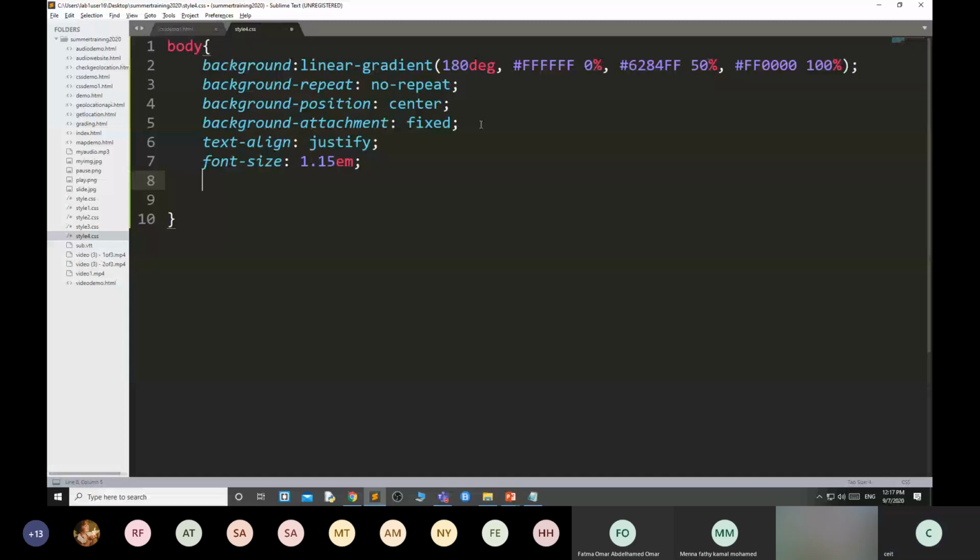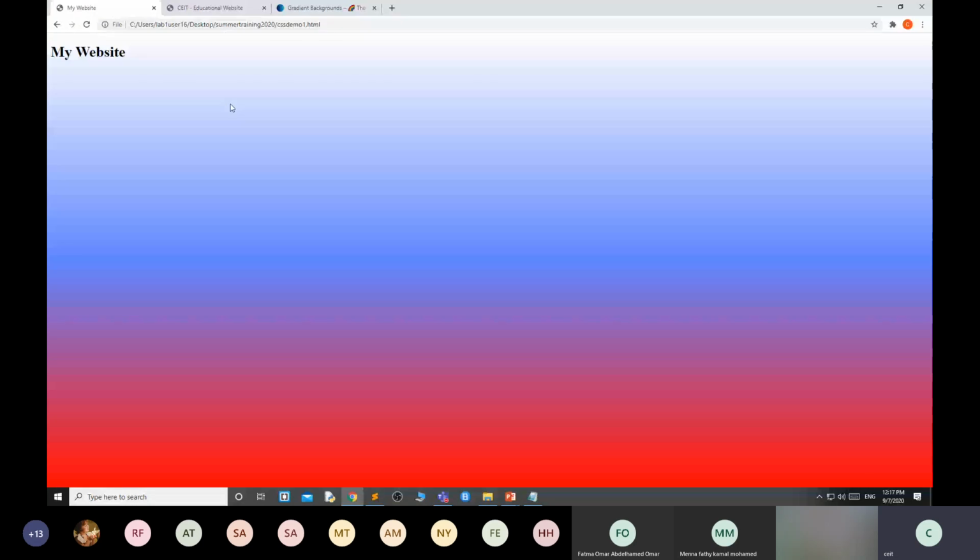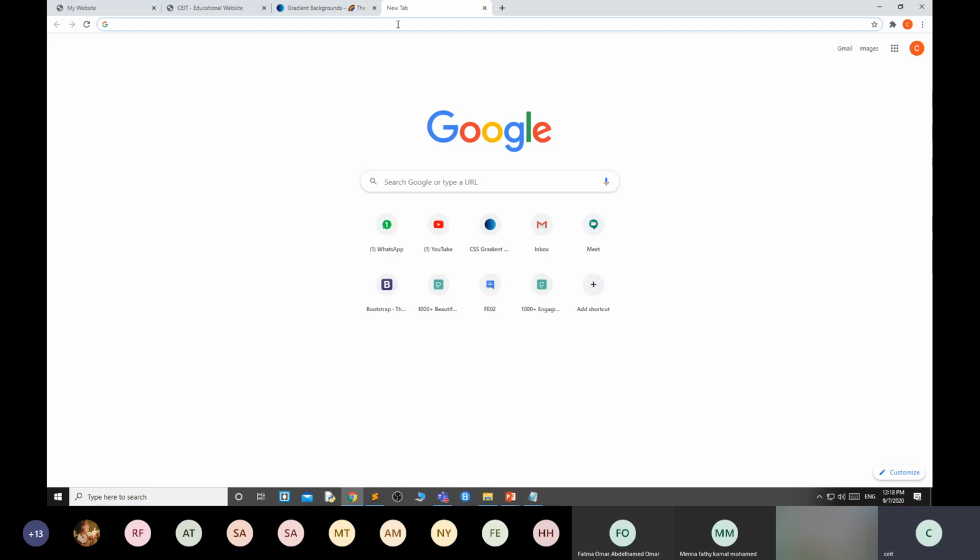Then font family. Here I will tell how to use Google Fonts. See, this is my font. I want to change this font and use some exciting font which is available in Google Fonts. Then how to use it?